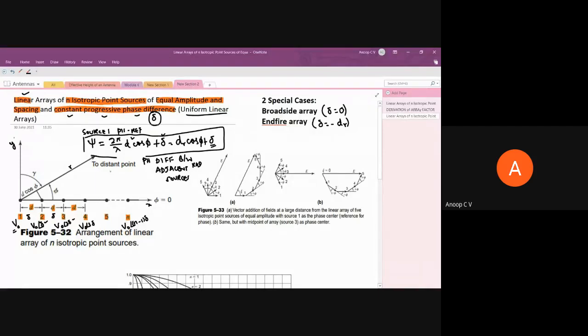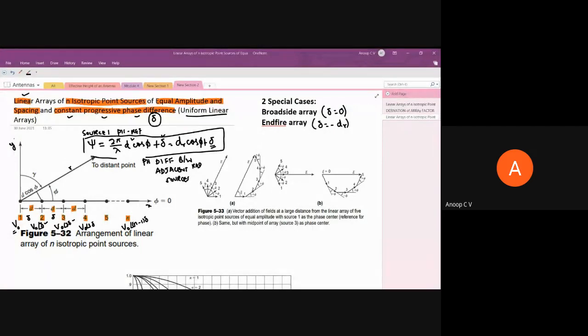So now what we have to do is find out the field expression, right? The general field expression in terms of phi and psi, and all those steps we have to find. That is what we are going to do. So this is the system model. I'm not going to draw it again. You're familiar with this. The radiation from adjacent sources has a phase difference of psi, because of the path difference d cos phi and also because of the progressive phase shift delta. Are you clear with the scenario we are going to deal with today?